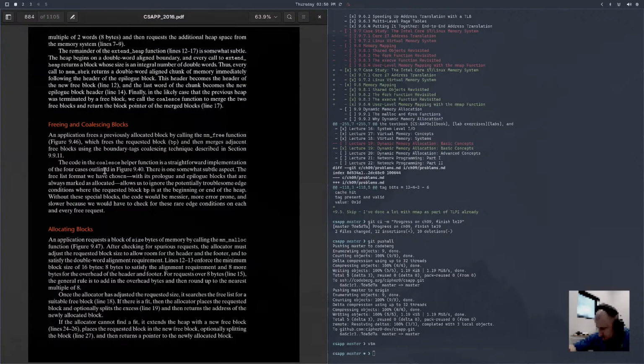There's one somewhat subtle aspect. The free list format we have chosen, with its prologue and epilogue blocks that are always marked as allocated, allows us to ignore the potentially troublesome edge condition